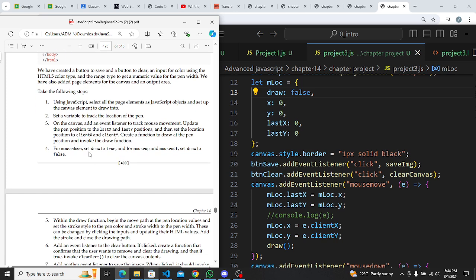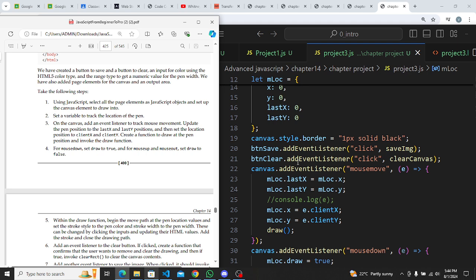Then on the canvas, add an event listener to track mouse movement, update the pen position to the last x and last y position, and then set up the location position to clientX and clientY, create a function to draw at the pen position, and invoke the draw function. So we're going to say canvas.style.border is one pixel solid black, and then this,